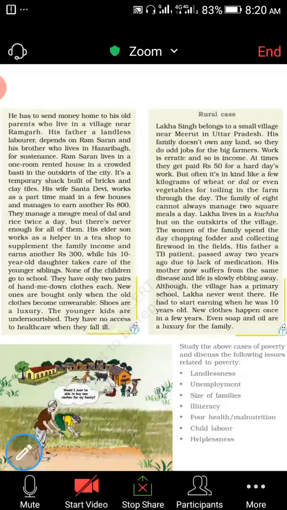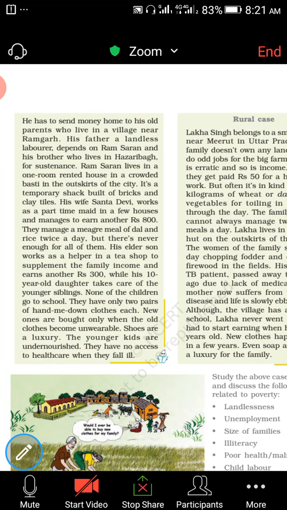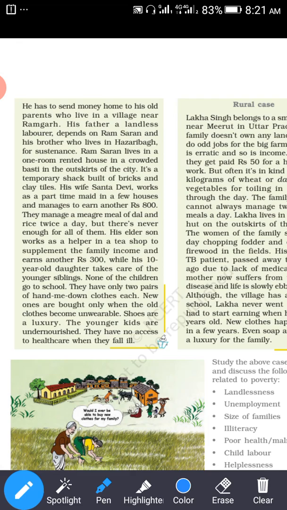It is the story about him, as he has to send money home to his old parents who live in a village near Ramgarh. Ramgarh, it is a place in where? In Jharkhand, just near Ranchi. His father is a landless labor, and again it is the reason for poverty, landlessness. What is the main reason for poverty in our country? Because of landlessness. Yes, and here it is Ram Sharan and his brother who lives in Hazaribagh for